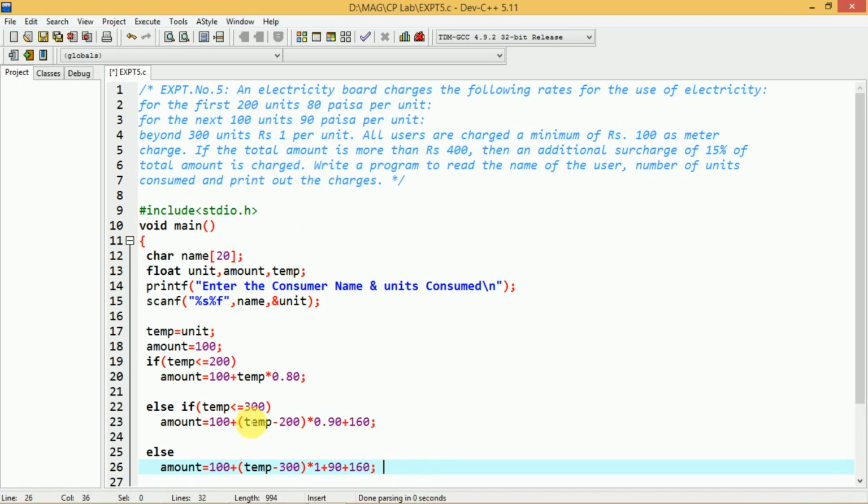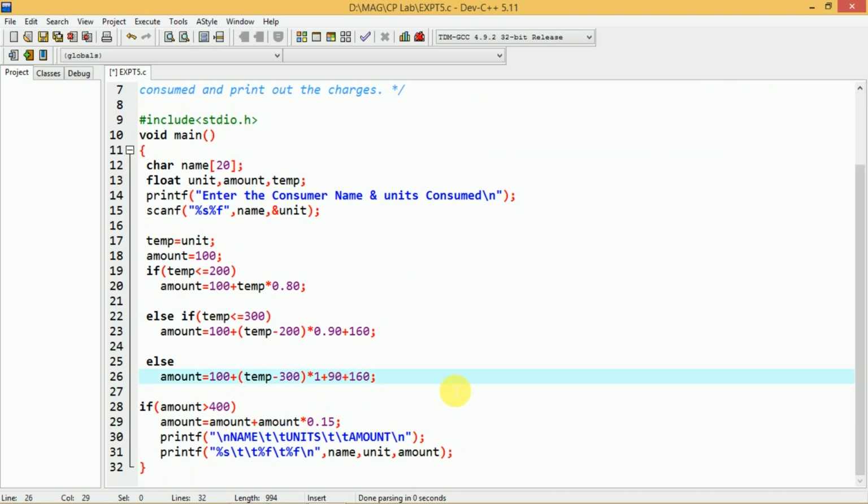Above 200, for the next 100 units, the charges are 90 paisa, so 100 into 0.90 is 90 rupees. So this 160 is for the first 200 units, and 90 is for the next 100 units. By these two values you have calculated the charges for 300 units.